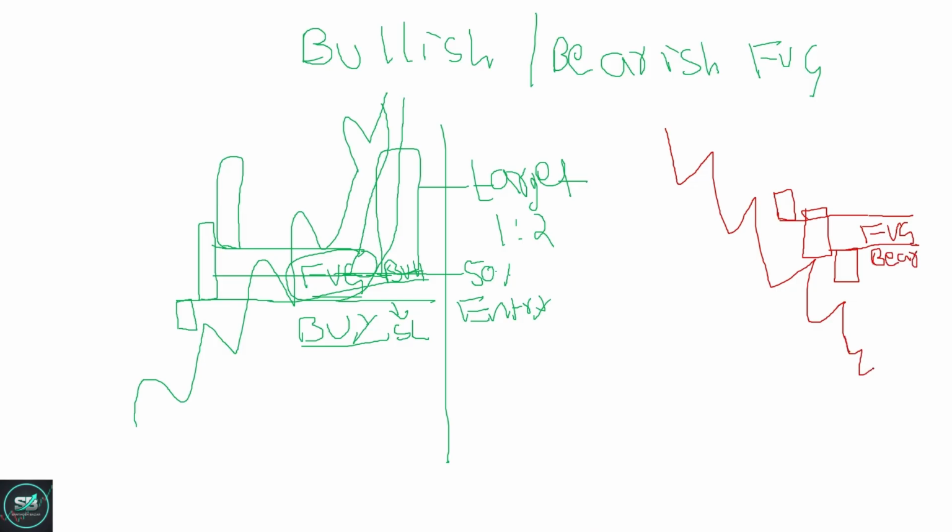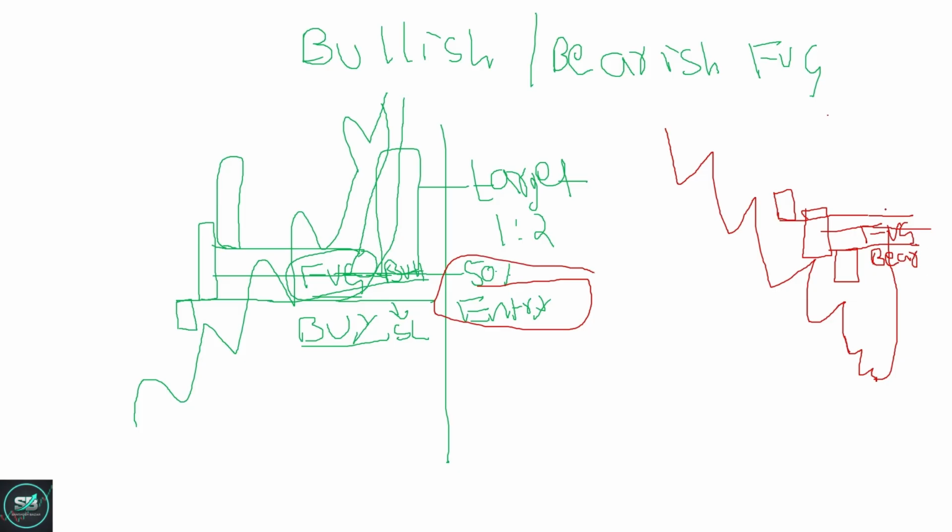And as this formed in the downward trend, so this is a bearish FVG. So price will move further down and this FVG is going to act as a magnet. Price will enter this FVG when price tests the 50% of this FVG zone. Here is where we are going to make our entry. At 50%, we are going to make our entry